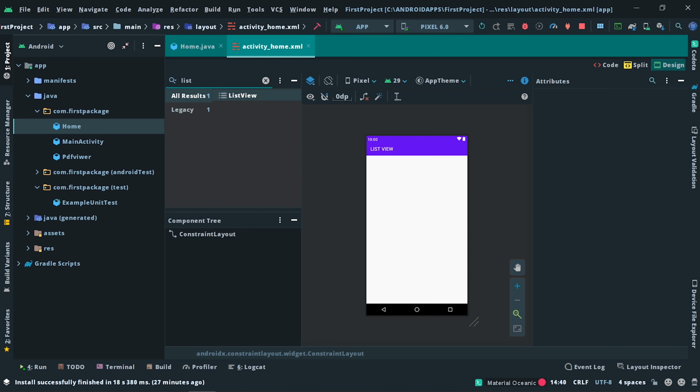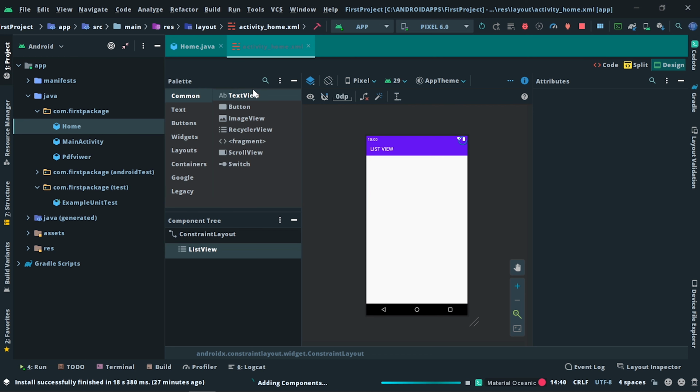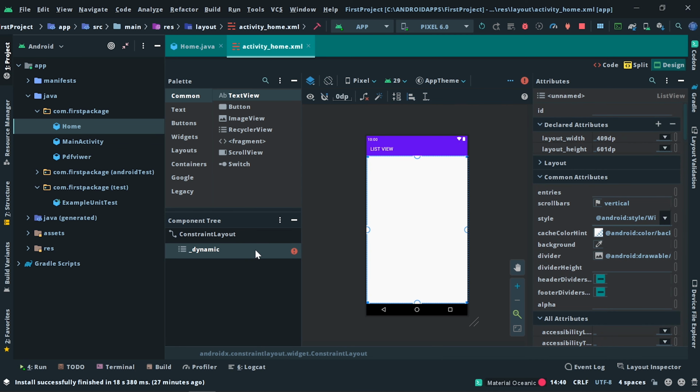Go to the palette, and first let us import our list view widget. List view is a widget, and in order to import it, search for list view in the palette, or you can also write the XML code by opening the tag and typing list view. As it is a beginner tutorial, I am going with the drag and drop option.